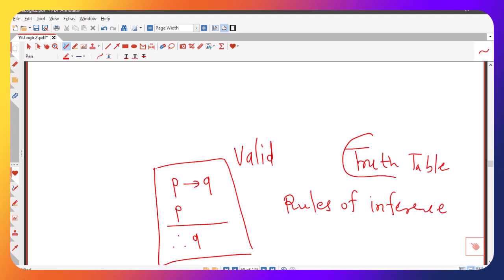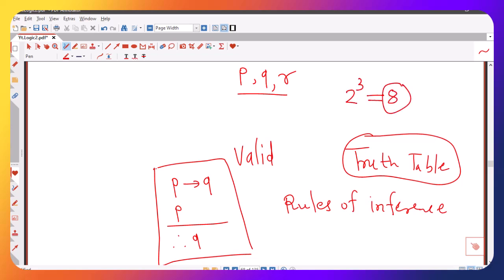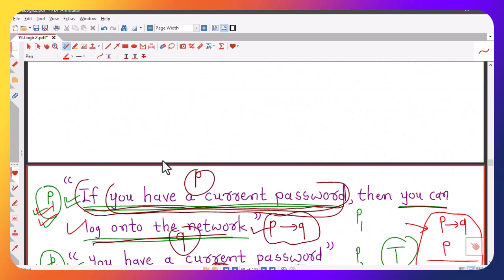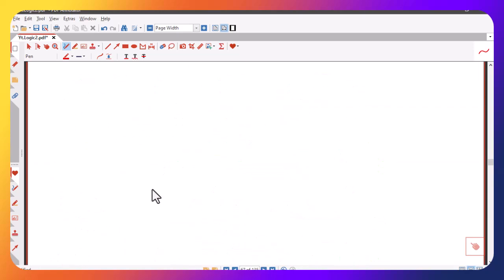Another way is using truth table, but truth table is not advisable every time, because sometimes if I have three propositional variables in our argument, then I have 2 raised to 3 equal to 8 different combinations for their possible truth values. So in that case, using truth table will make our work tedious. So instead of that, we will use different rules of inference. And the first rule of inference we have discussed is modus ponens, and we will be discussing other rules of inference in upcoming lectures. So we stop this lecture by just